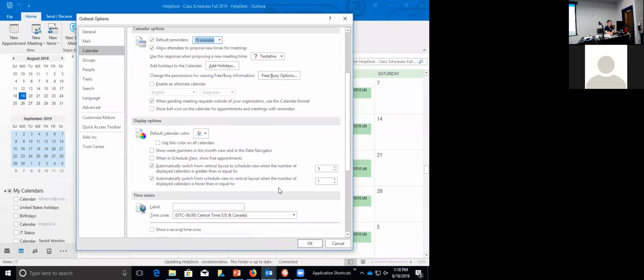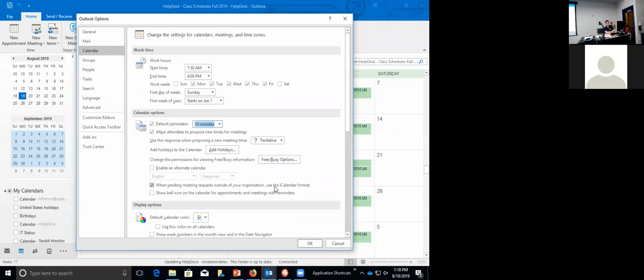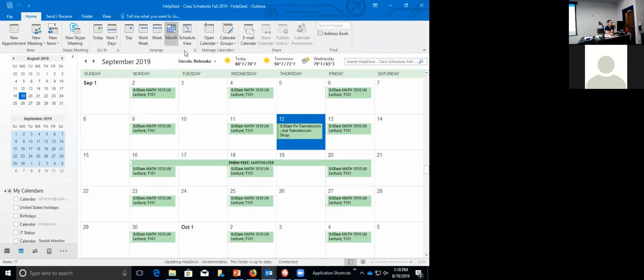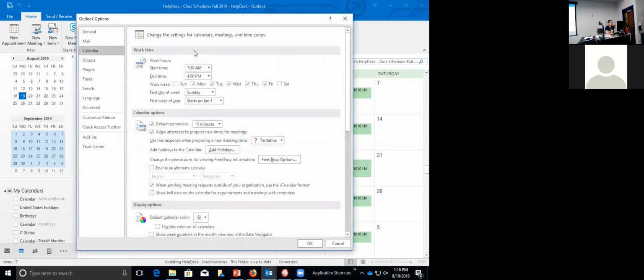It is a powerful program, and it's very configurable. Some of these things are going to be best served by just opening them up and taking a look. Where'd you get to that? That was under the arrange view. There's multiple ways to get to that too. This is probably the easiest one, Outlook options. Once you're in here, you can change options for anything. But when you're in the calendar,